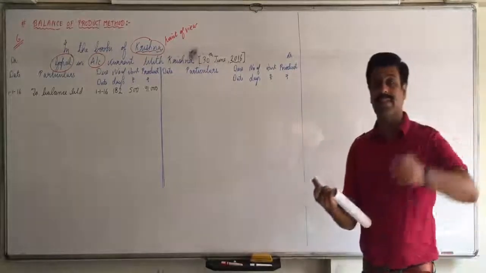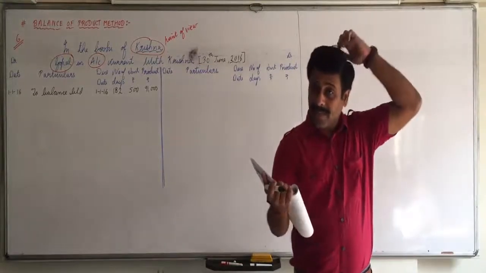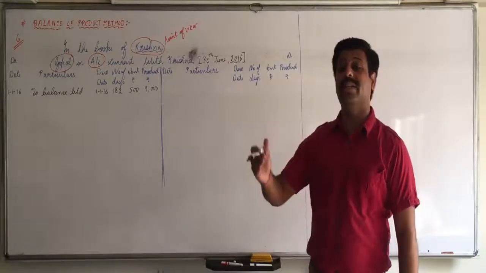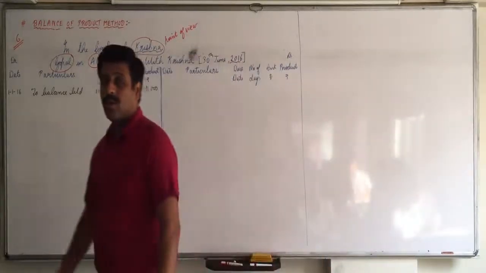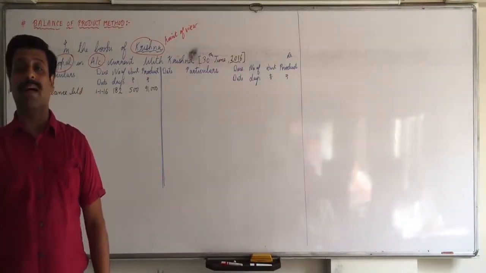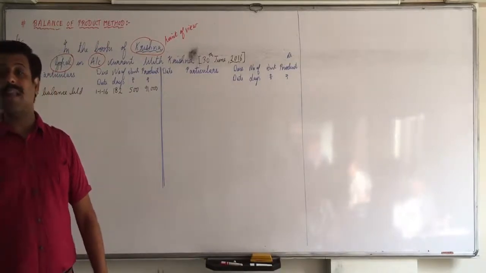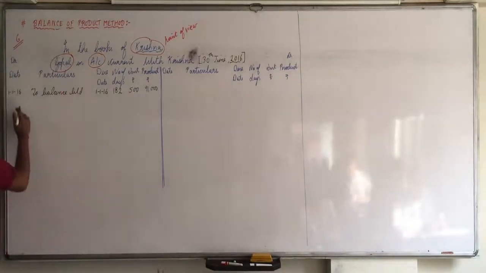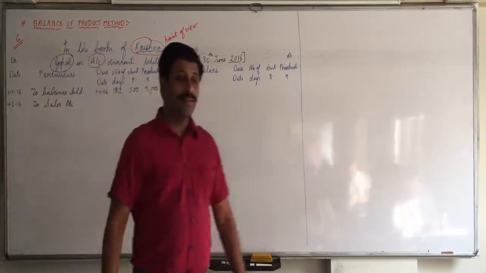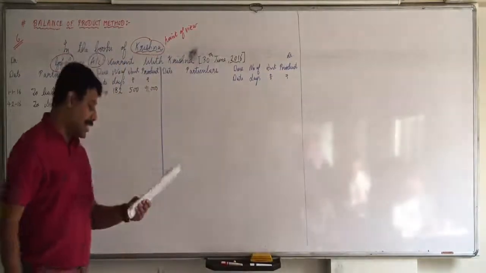4th February 2016, sold goods to Gopal. So Gopal is the receiver, debit the receiver, Gopal account debit. Goods go out, credit what goes out, sales account. Gopal account debit to sales. Now Gopal account is debited, so we'll write on the debit side. 4th February 2016, to sales account. In Gopal's account, you'll never write 'to Gopal'. Okay, debit side, to sales account.